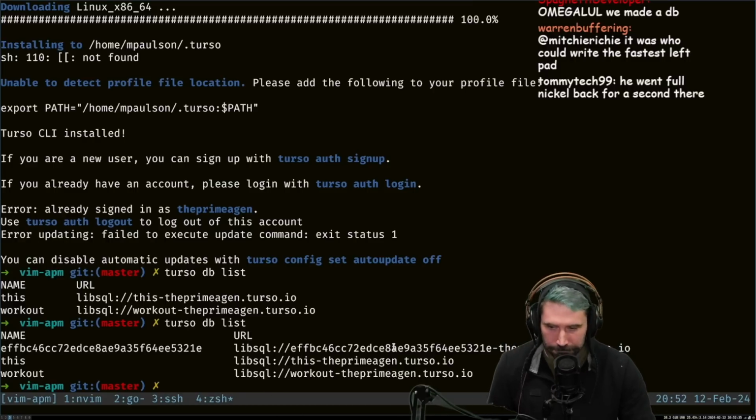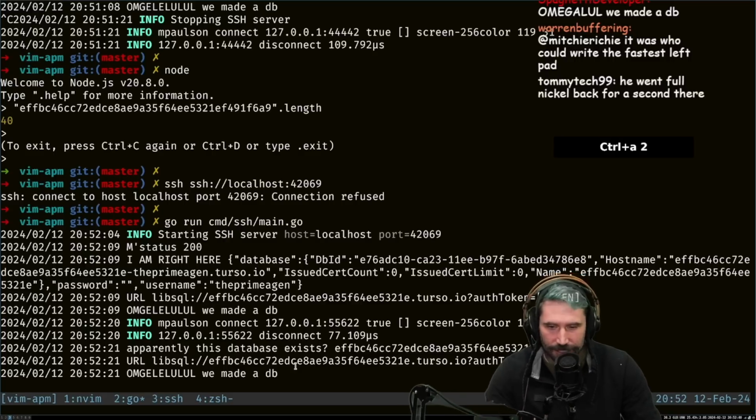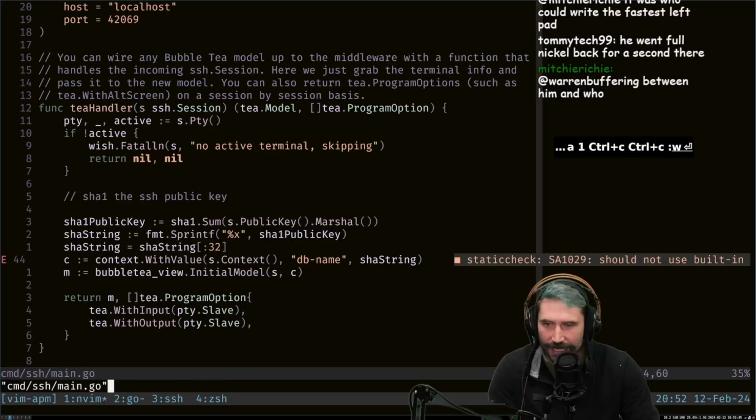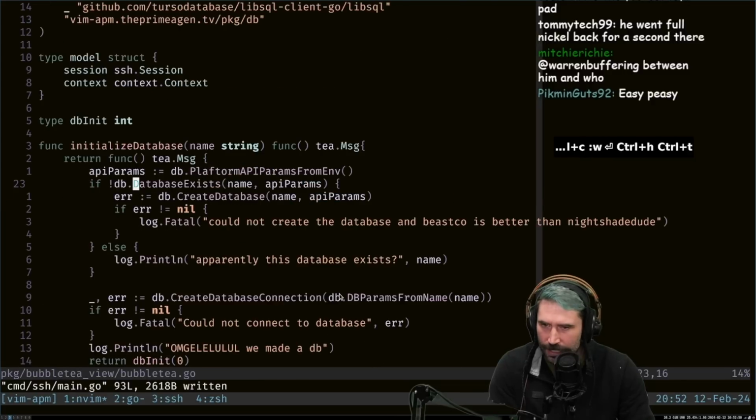There we go. So now I have my SSH key linked to the database. And so every time a new person joins in, we can create a nice little database here. So one of the cool things I can do with that is I can actually take this pretty easily. I don't know why that's all broken, but I should be able to easily take this nice little bad boy